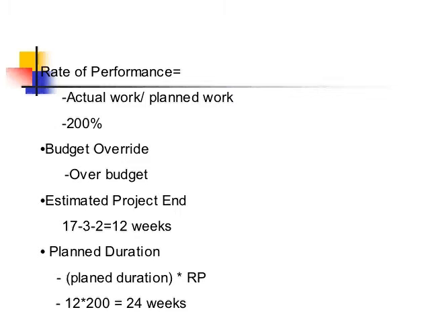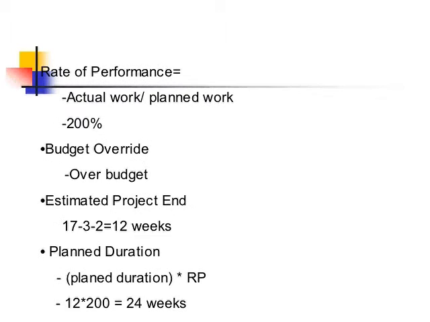The planned duration was a total of 17 weeks. However, we have to minus activities A and C because they have already been completed. Since activity A took 2 weeks and activity C took 3 weeks, we subtracted 5 from 17 to get a total of 12 weeks. As I said before, since the project took longer than expected, we can assume that the